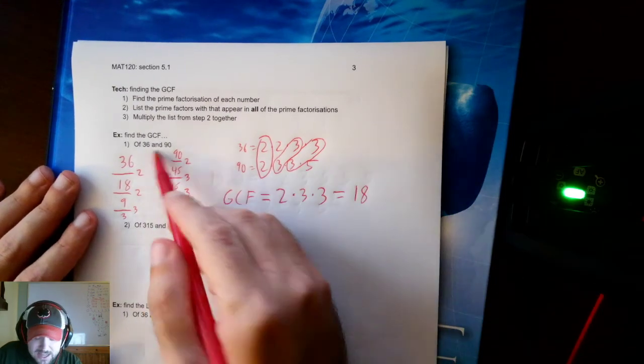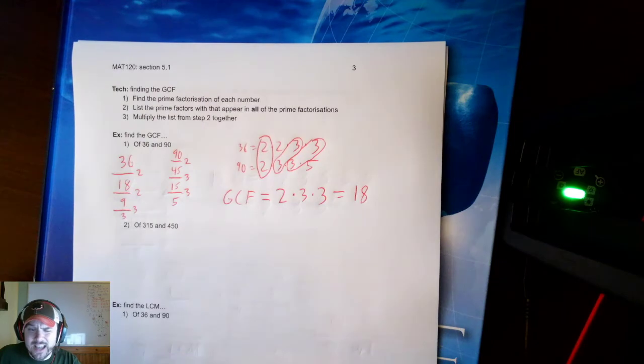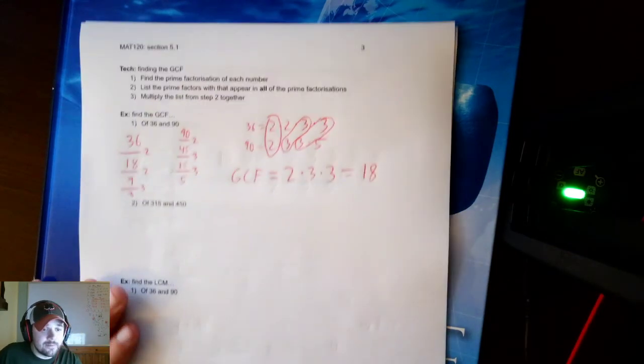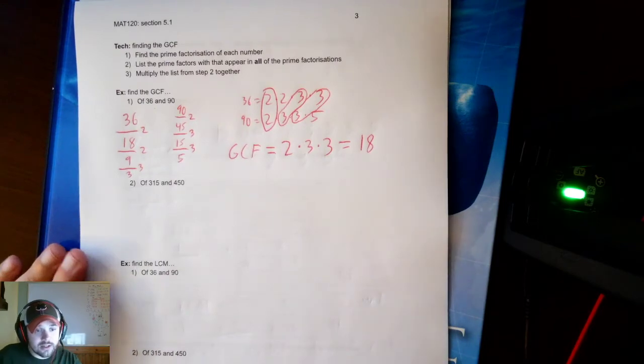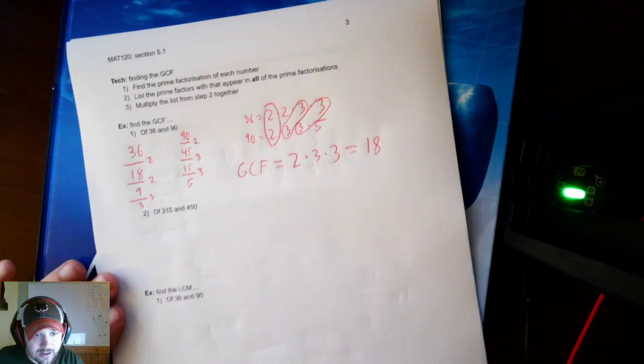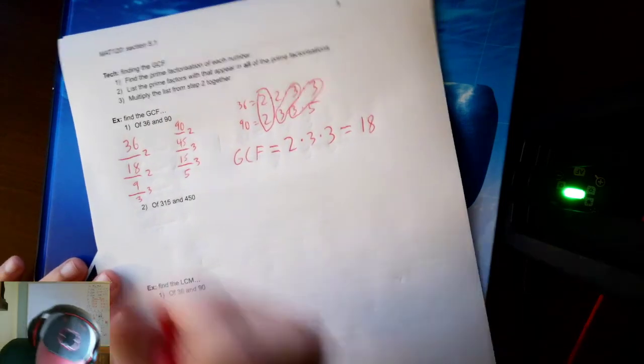Now, with 36 and 90, you might have been able to see that 18 works for those numbers. It might have jumped off the page at you. Sometimes, if you're comfortable with your division rules, you might notice GCFs before you start working the problems out. However, 315 and 450 are a little bit trickier, a little bit harder to figure out what's going on. So,